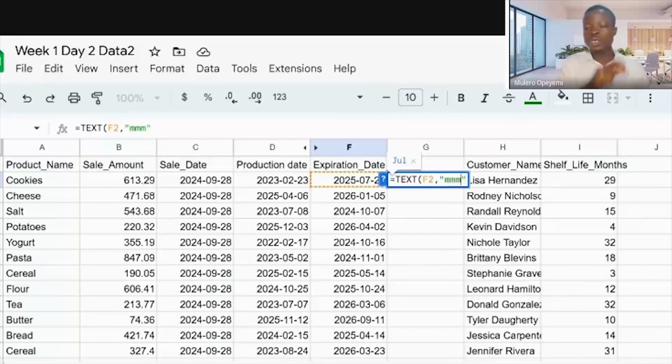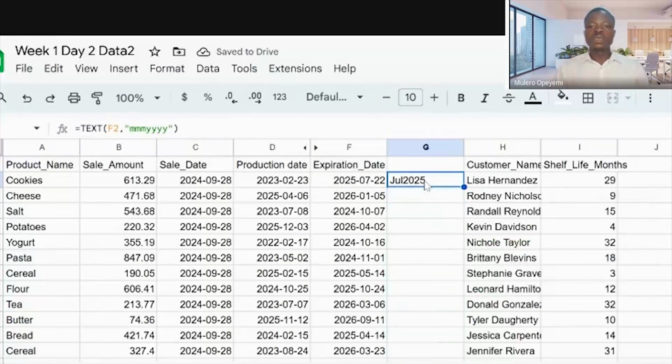So in this case, I want just month and year. So MM, not the conventional MMM, but M for month. Y for the year. If I use the full Y, it will return all the characters for that year. If it is 2025, you see 2025. But if I make it just 2, it will return just 25. So let me say 2025. That's what I want. Y. So then I'll press enter.